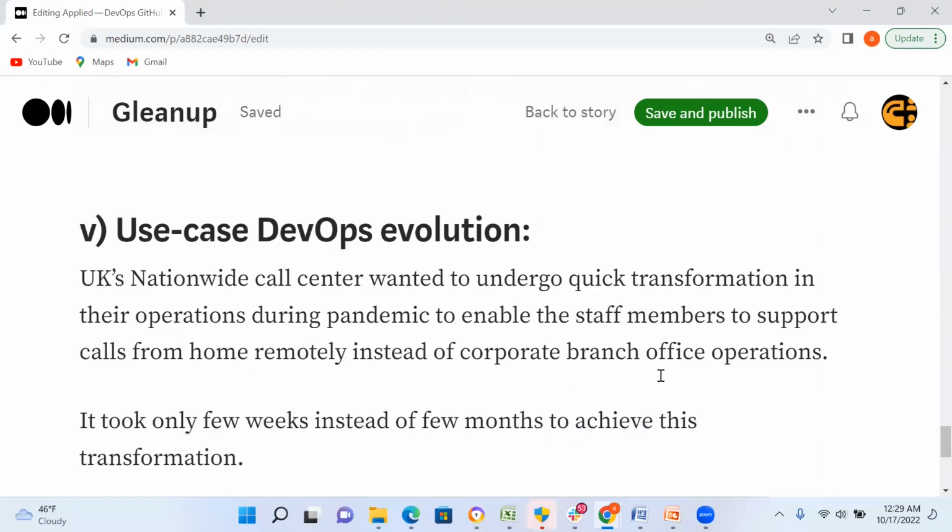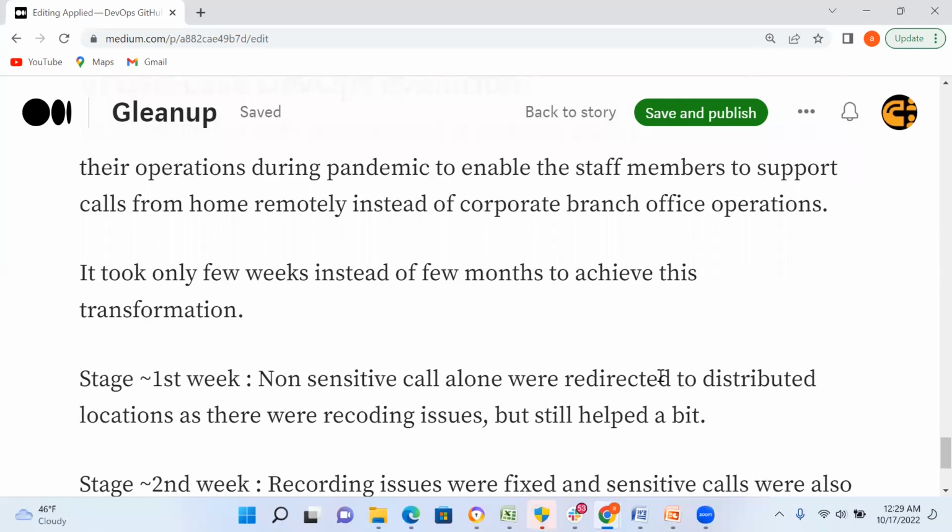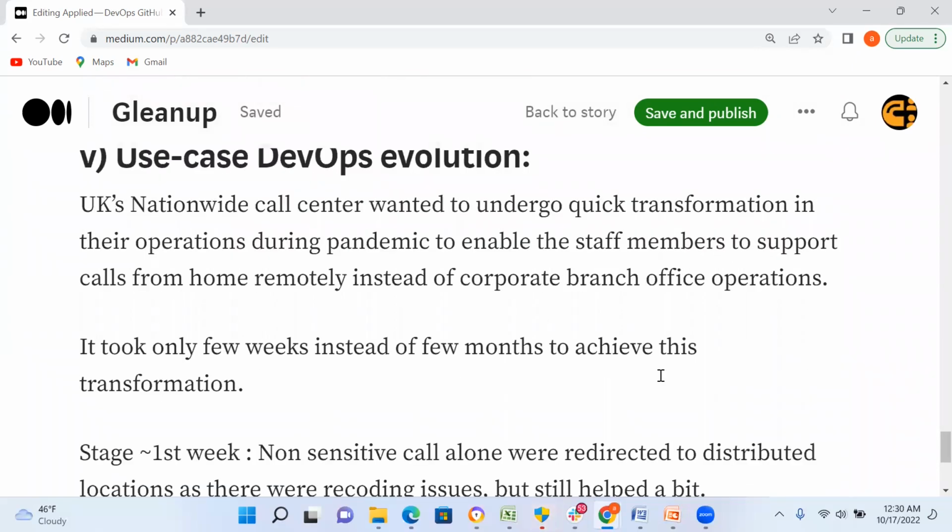We would like to end this introduction to DevOps session with a real-time use case. All right. So during the pandemic situation, the UK was dependent on a national call center, and they were planning to make the call center employees work remotely. It was initially expected that it would take some 8 or 9 months, but due to the urgency, they wanted to do this in 3 weeks. So they adopted this model of